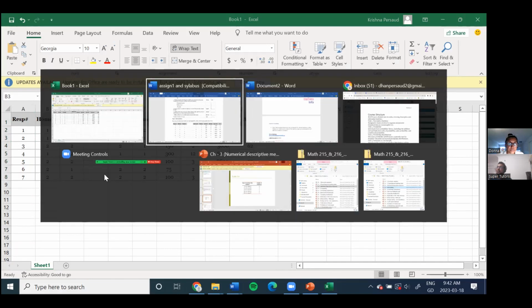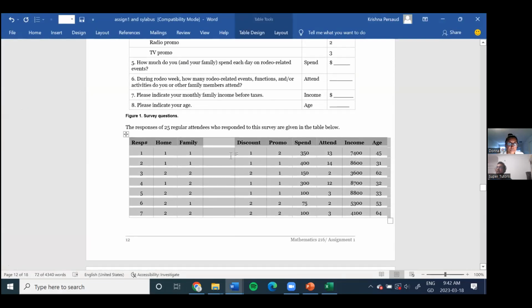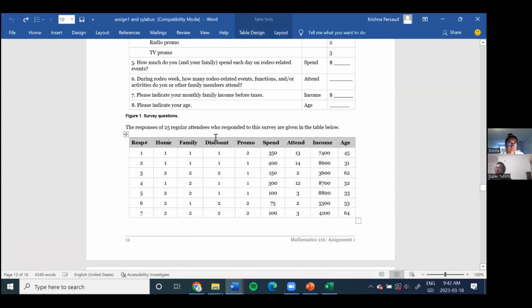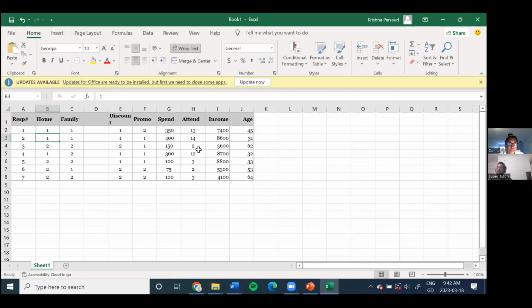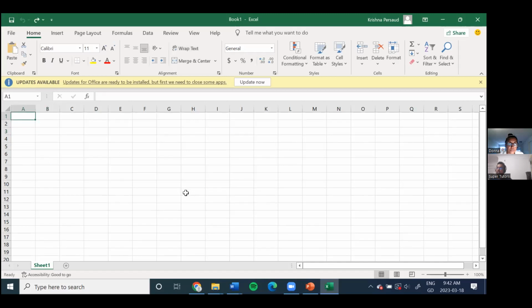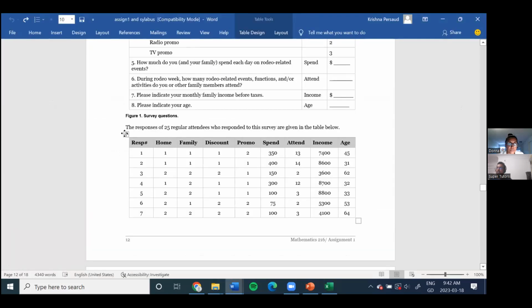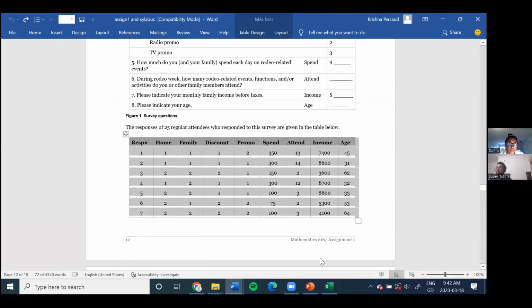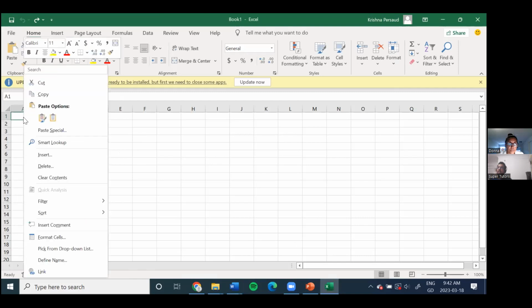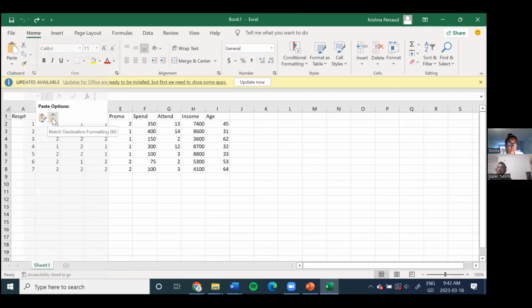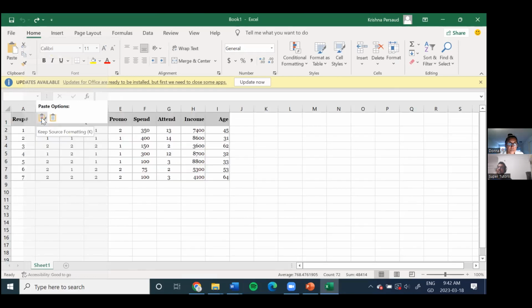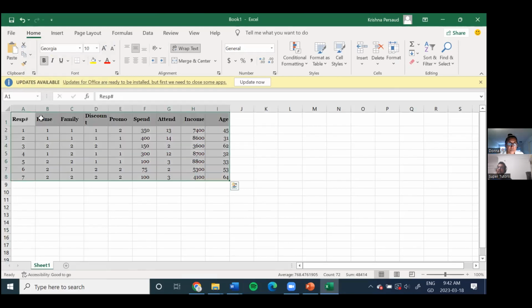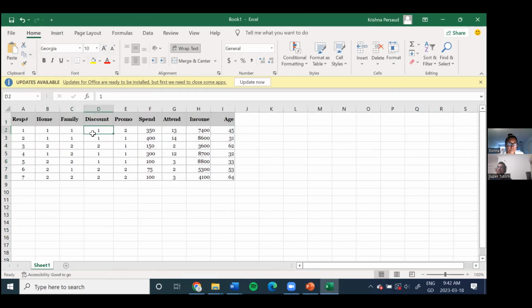Then if we go back to your screen, I don't understand why there's an empty column here. We'll just do it again. So just clicking on this, copy, and then going to this Excel file, right click again, and then we say paste. You can match destination formatting or you can keep source formatting, either way. So we'll keep the formatting as it is. We'll just drag this column a little bit so that all the columns look nice. And then we go back to